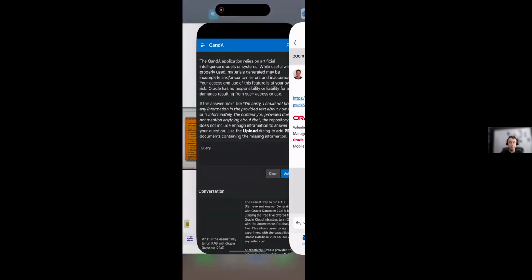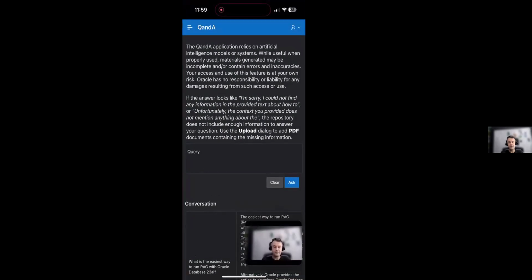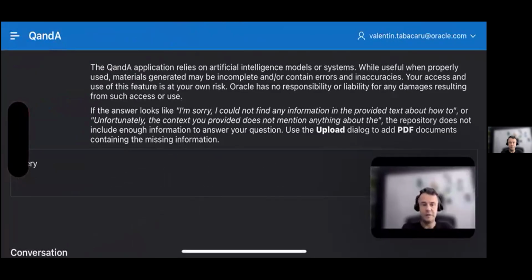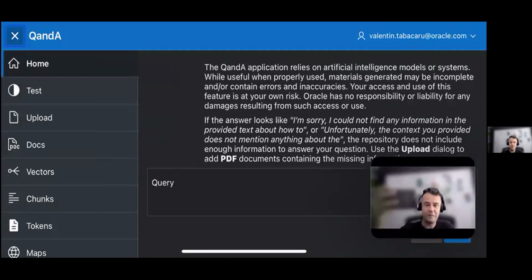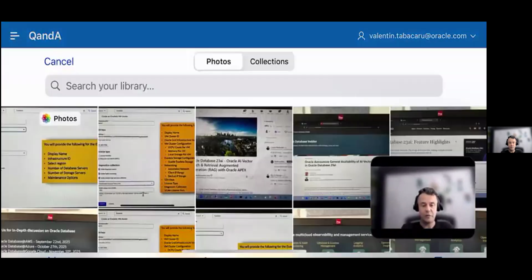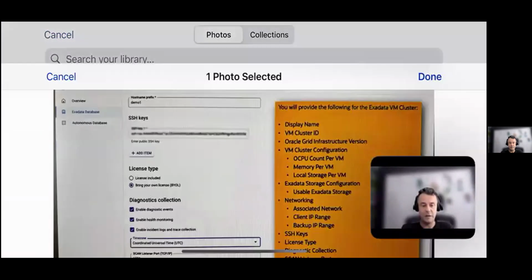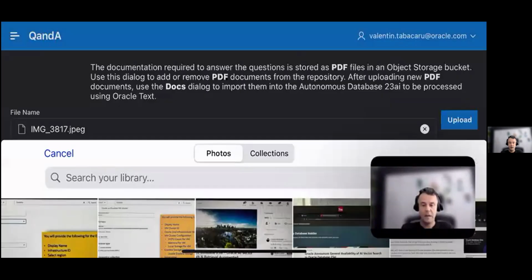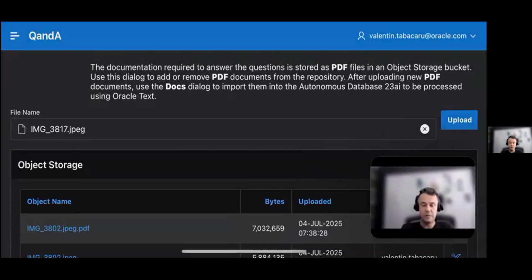I'm going to go to my application. This is the same demo application I showed you in the previous videos. Of course, it works also on mobile phones, as you can see. I have my phone here running the application. And I want to enhance my answer with some information I have from the pictures I took during the live session. So I'm going to upload this one,